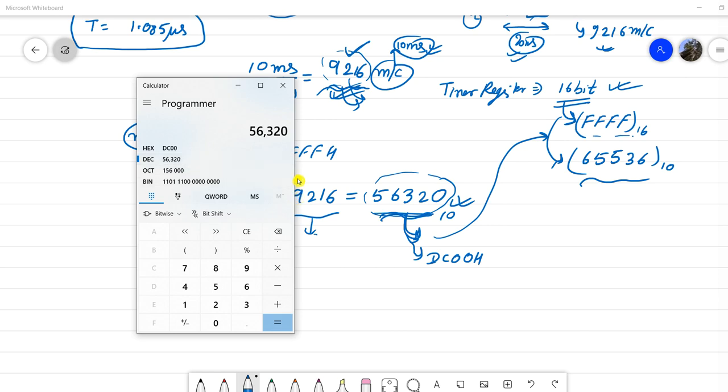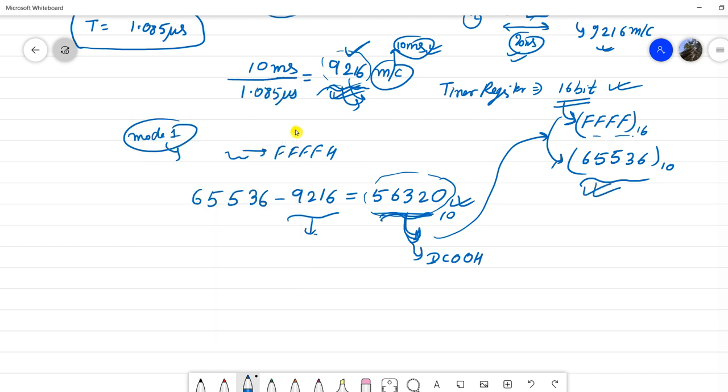From here our code will roll to 4F, and we can also see what the 4F value will be. For that we will go to the hex version and, after clearing all this, we will write 4F 1 2 3 4. Now we can see the decimal number. I think it is 5. Now we can see it is 4F, and so the decimal equivalent will be 65535, which I have written here, 65535.